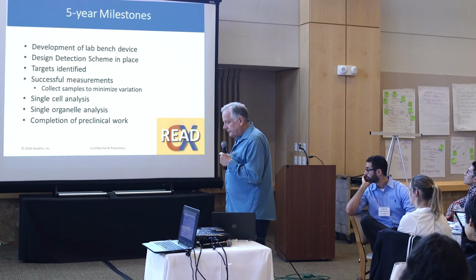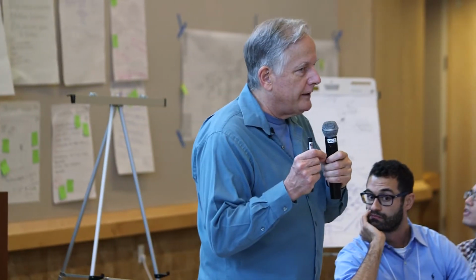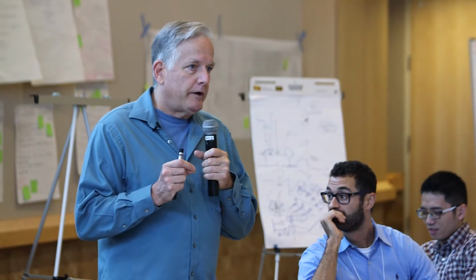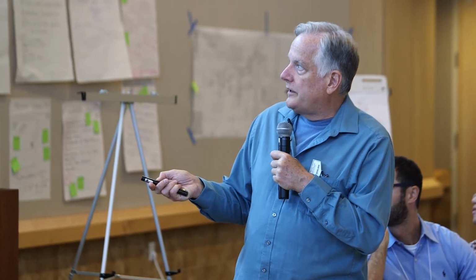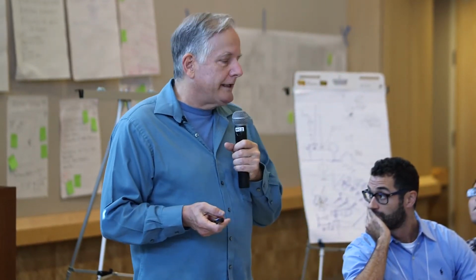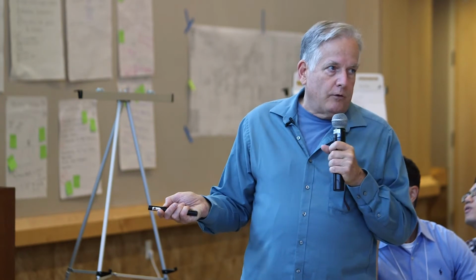5-year milestone: development of the bench device. 10-year milestone: make it into something that's implantable, a standalone device. 20 years to make it miniaturized. So in 5 years, we actually have the functional device, or at least it does most of the stuff. We know what we're trying to measure. We've got our targets already identified. We're collecting data on them, and we can do single cell analysis,